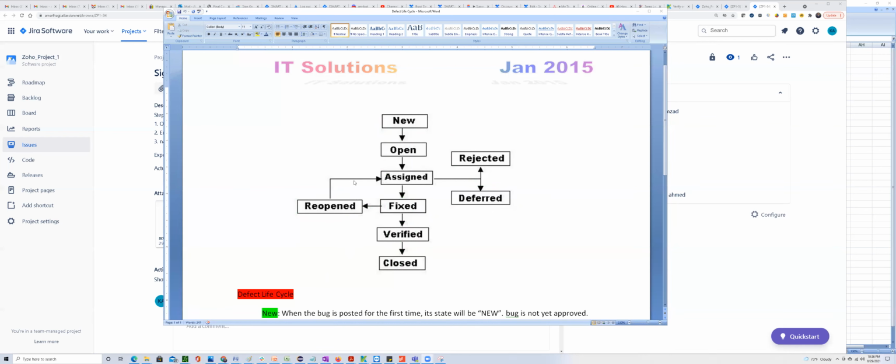So to sum it up, it could be rejected due to it already being solved, or there's a duplicate, or